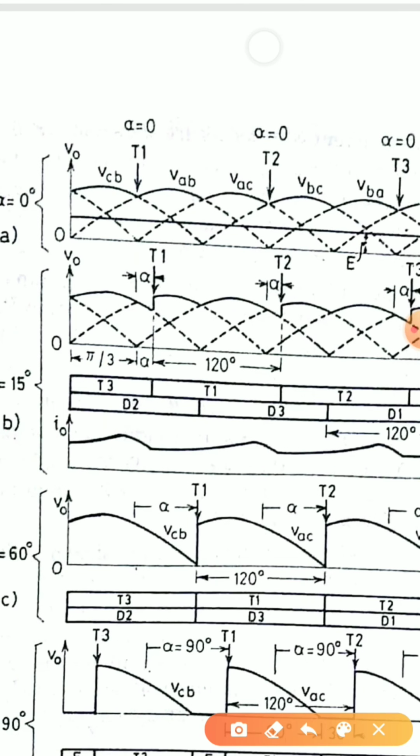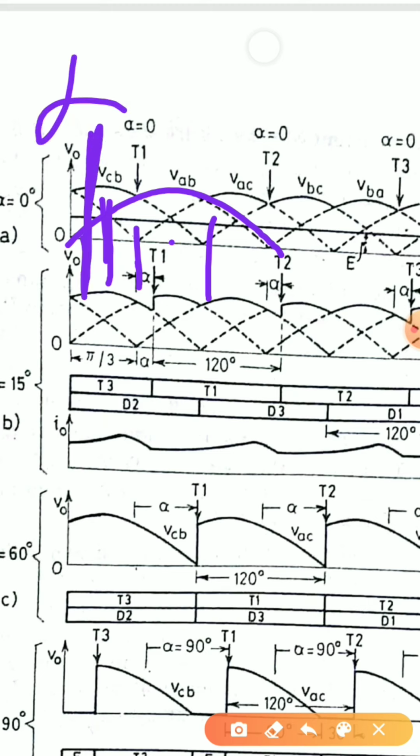Now let us look at this. This is one full peak. As I have said, this is 60 degree, so this is going to be 30 degree, and 15 degree is somewhere going to be here. This is 15 degree, where I am giving the firing pulse. Now to that I have to add 60 degree. So 15 plus 30 is 45, plus 15. So somewhere here my thyristor will turn on, in between 60 and 90.